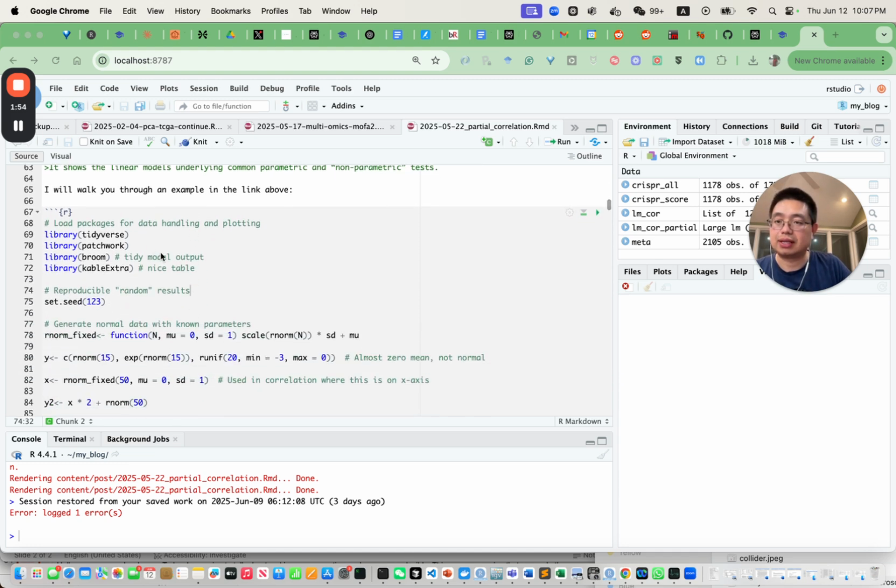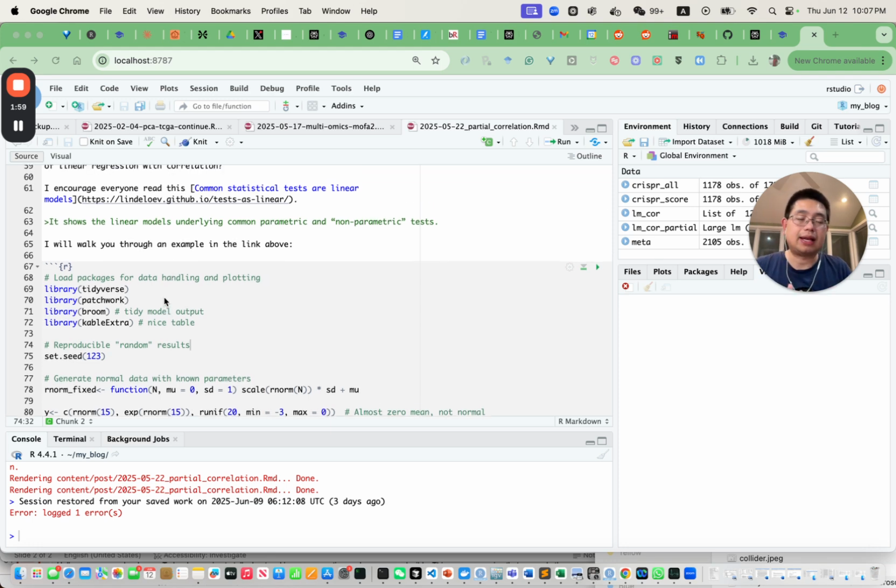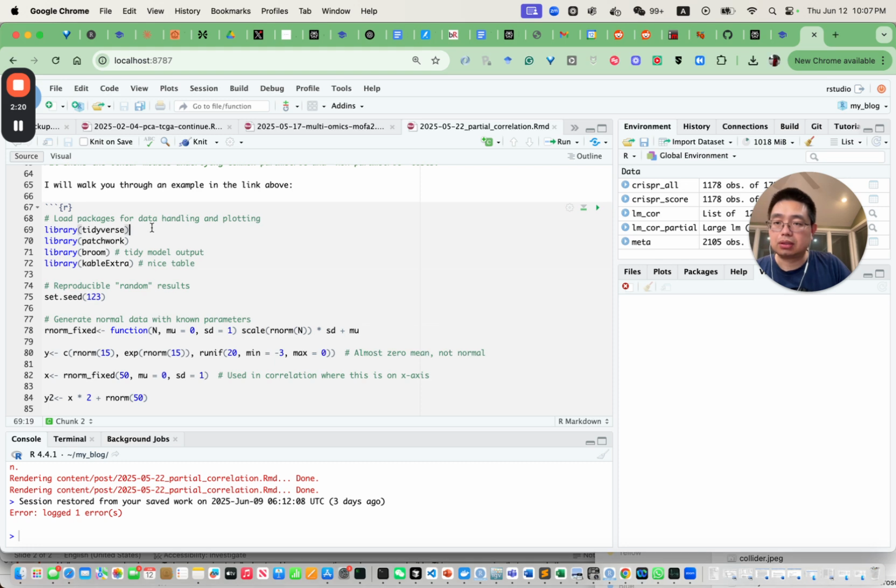Okay, let's generate some dummy data. But before that, I highly recommend you read this link here: Common statistical tests are linear models. In this link, it shows the linear models underlying all those commonly used parametric and non-parametric tests. And the correlation test is just one of them, okay? So let's load the libraries,